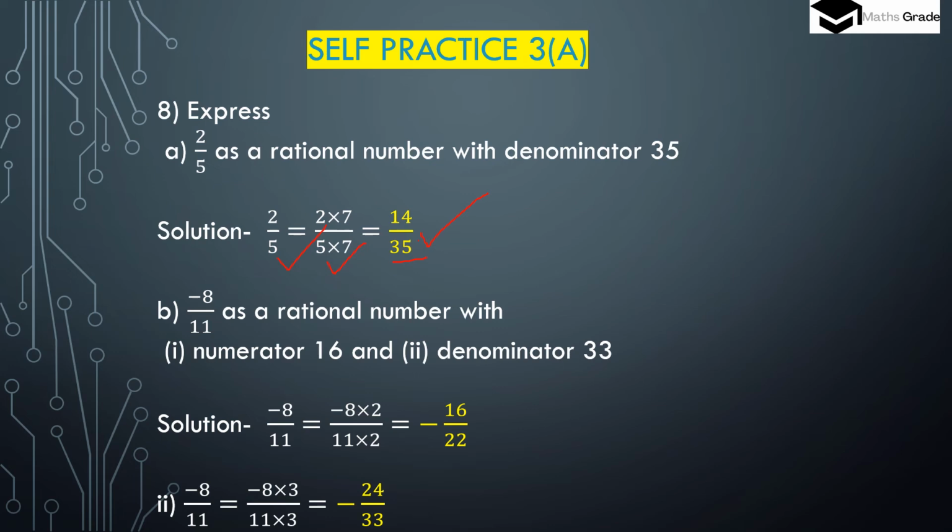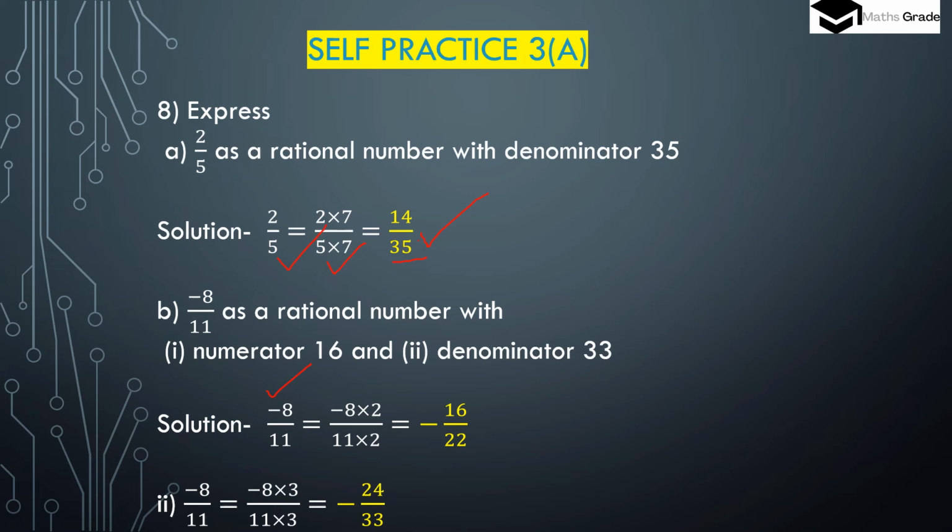Now second bit B, minus 8 divided by 11. Express minus 8 divided by 11 as a rational number with numerator 16 and denominator 33. We have given the rational number minus 8 divided by 11. We know